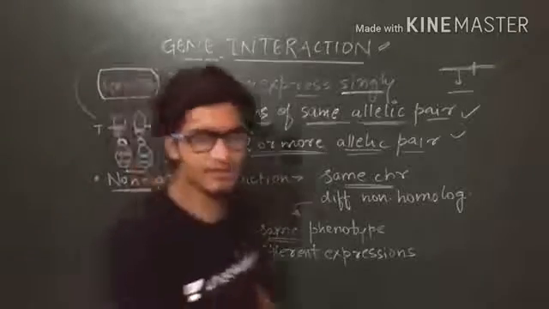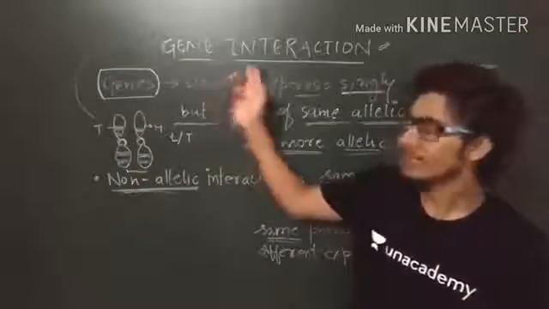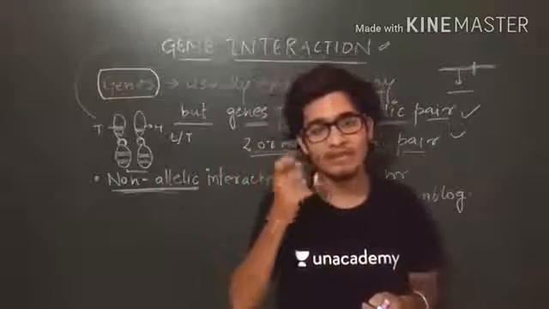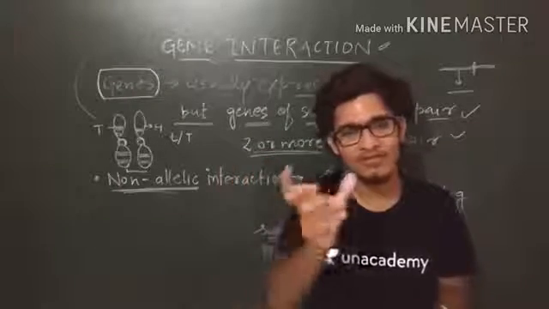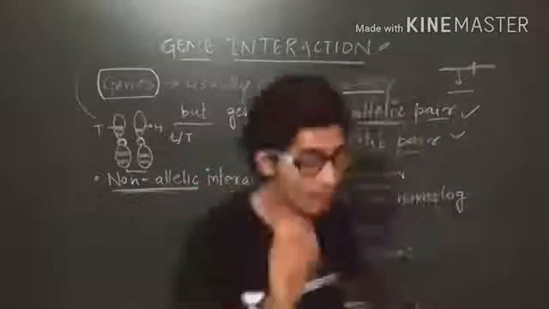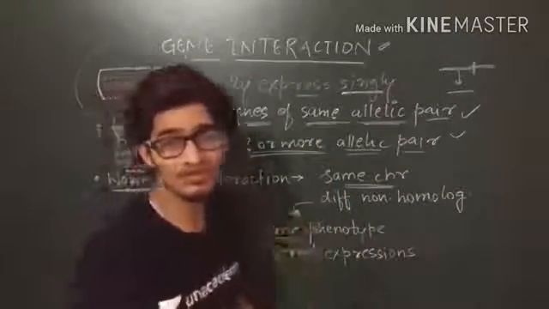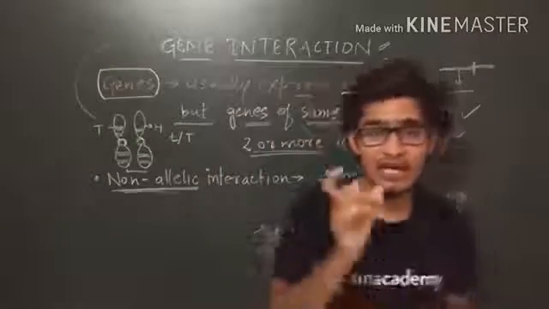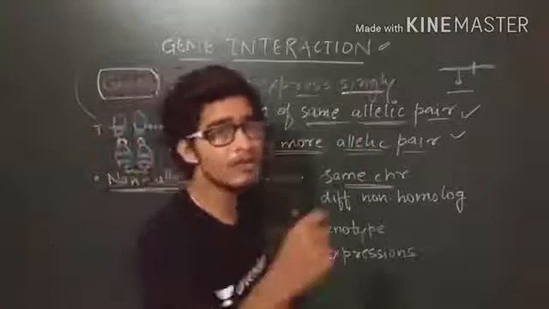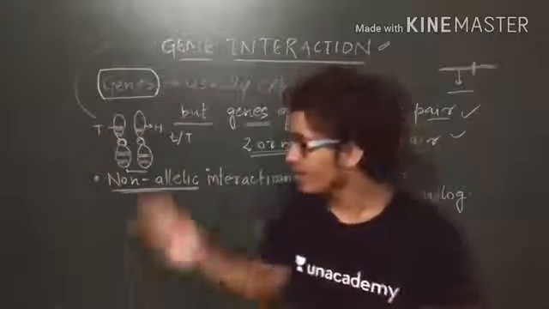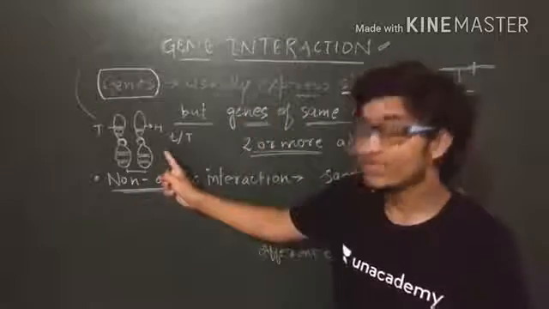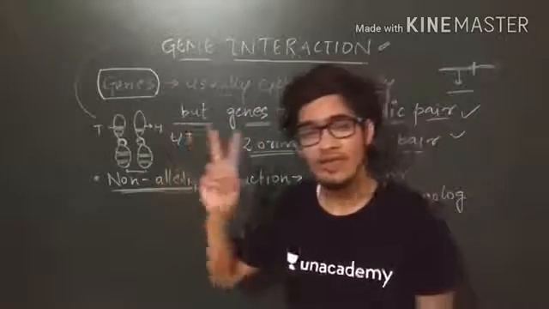So let me make you memorize it once more, that gene interaction simply means the interaction of genes. The genes used to express singly, यानी कि एक जीन जो होता है सिंगल फॉर्म में ही एक्सप्रेस करता है. One gene used to express itself without influencing other characters, right? But in some cases it may be influenced by the product of some other gene, and that other gene can be from its allele, that is the allelic pair, and it may not be from the allelic pair. If it is allelic pair, it will be from homologous chromosome, that is obvious.